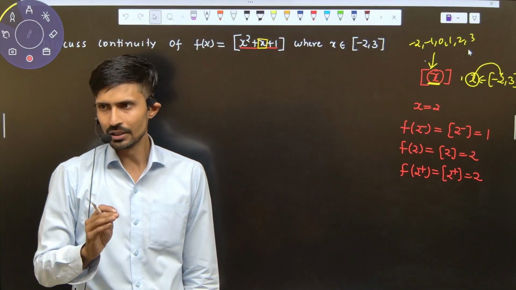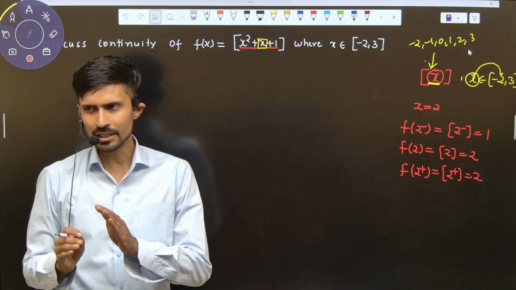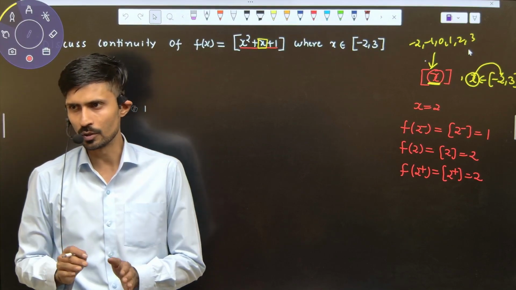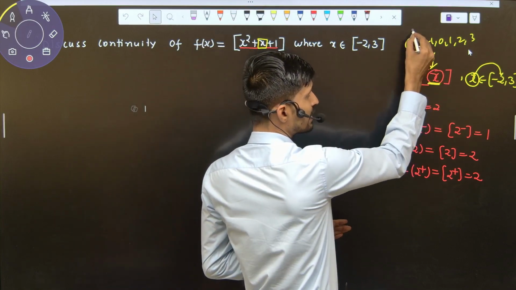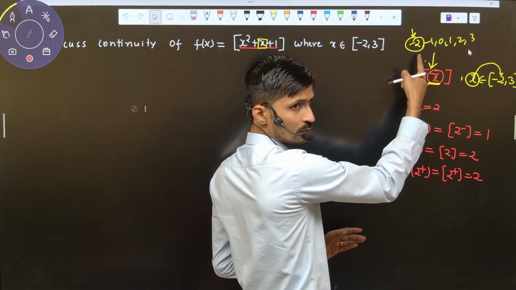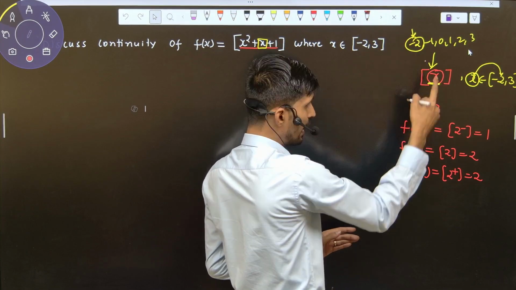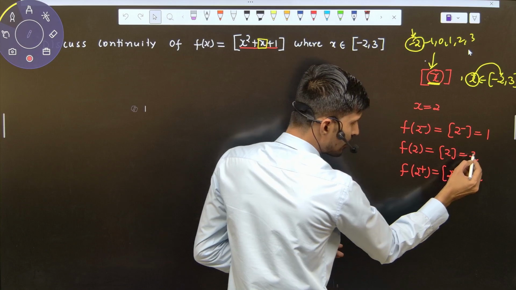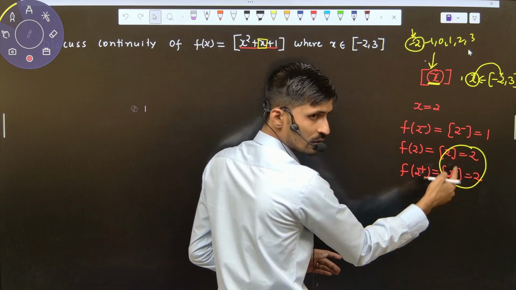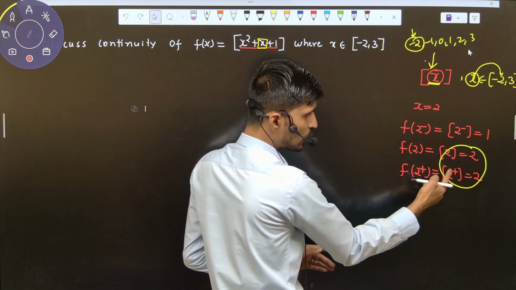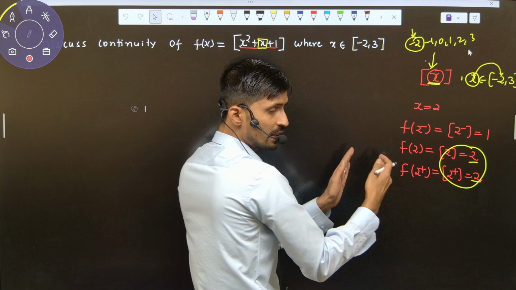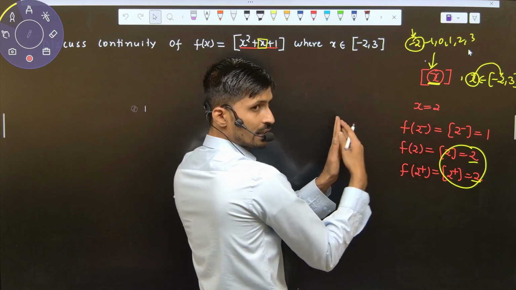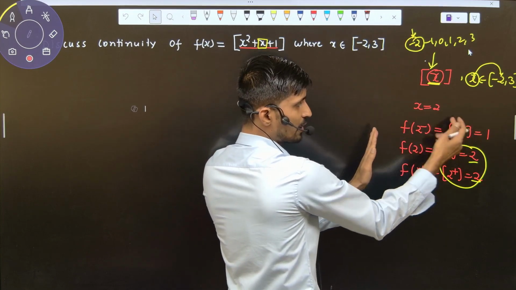Okay? It means a maximum of 6 points of discontinuity is going to come. But we know at minus 2, at the integer, can you see here, we have right-hand continuity or not? F of 2 and f of 2 plus, both values 2 and 2 are equal or not? If both are equal, we'll say it is continuous on the right-hand side, but it is breaking on the left-hand